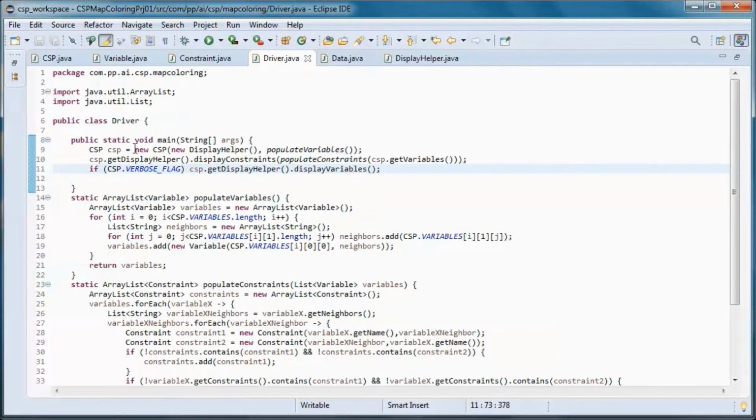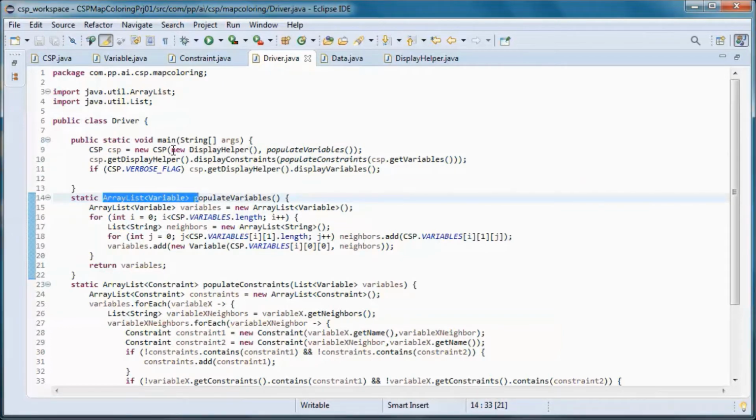So we instantiate the class containing the constraint satisfaction problem logic, passing in a new display helper instance and a populated list of variables.